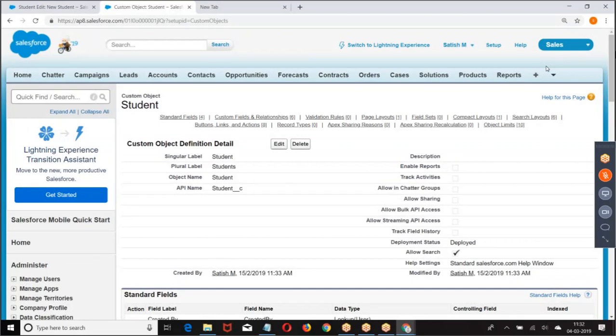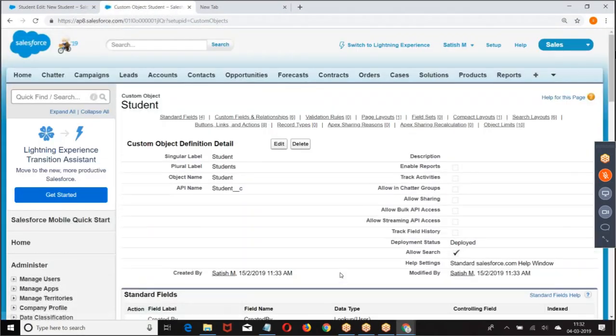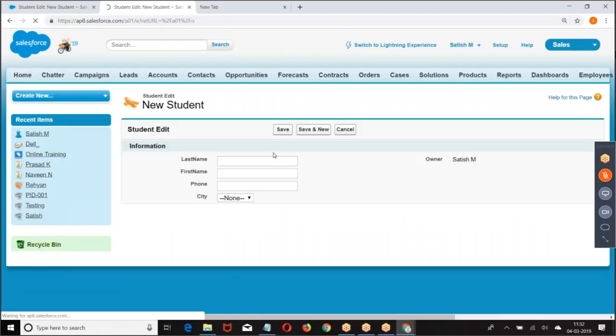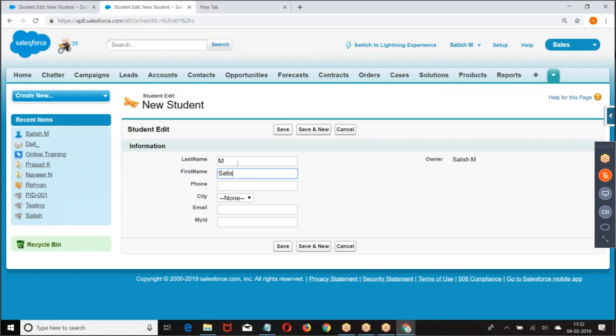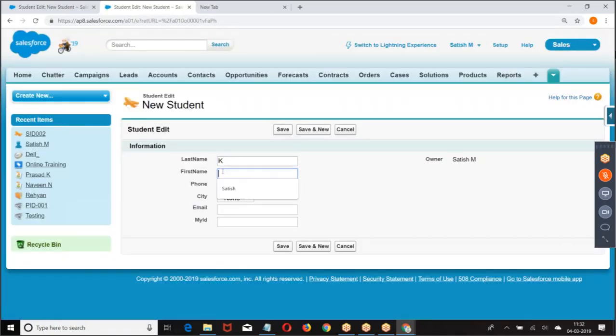At the time of creating My ID, I was making it ID1, ID2.